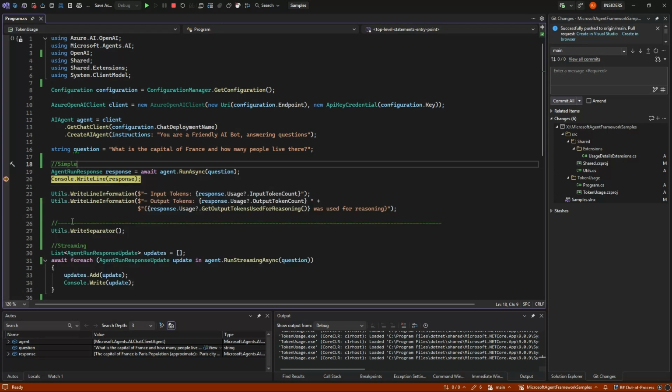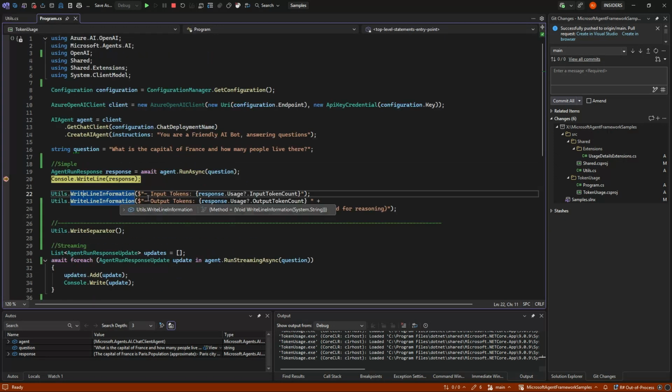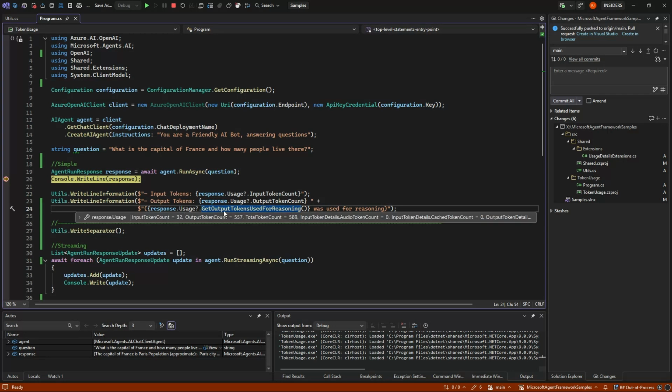So that is what I'm writing out here. And we have a little utility just to write it out in different colors. So we just simply say response.usage, and if there's anything, then the input and output token count. And then because it's a key value store, I have personally made a small extension method that can go on usage.